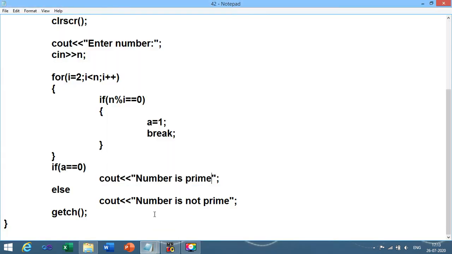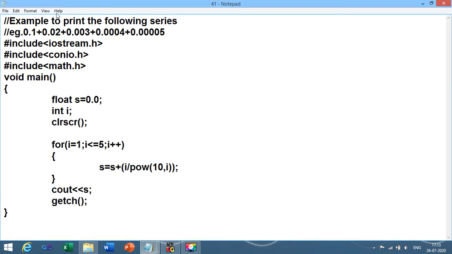The second program is about the series. In the series I have told you, suppose you want to print the value of s in each iteration, then you can print that. You can write this statement inside the loop. One more requirement was created by you people. Suppose you want to print 0.1, so that answer would be using this line.